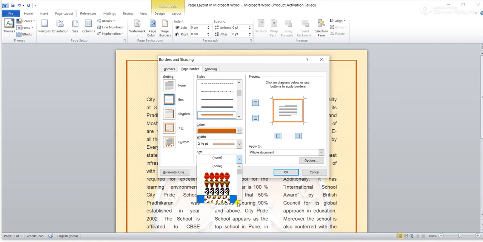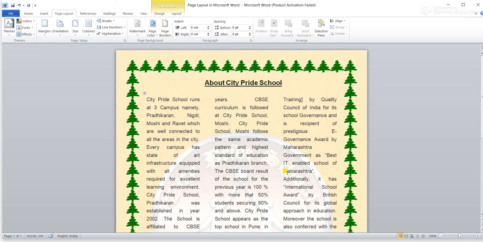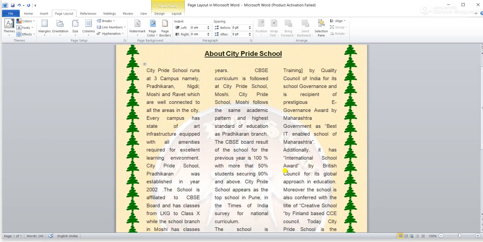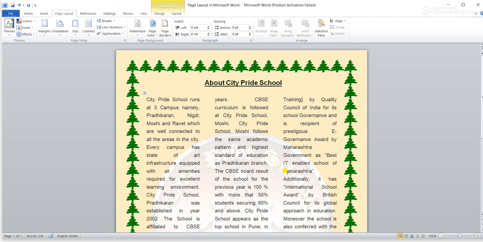So we can fill this as a border. Here there are many options you can see. You can use any of the options. So now I will use this one. And now you can see a preview of how our document will look. It should be applied throughout the document, and I will say okay. Yes, so it looks good. So see, this is the graphical border you can see. Okay. So this is the way we can give a border to the page.